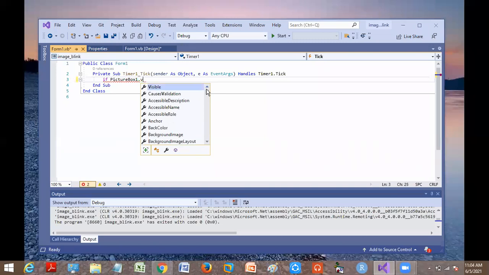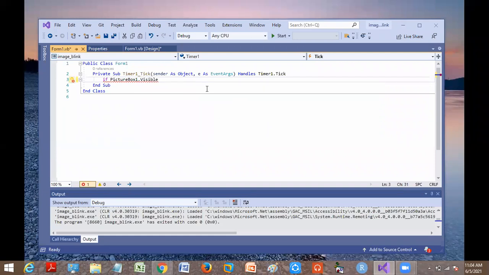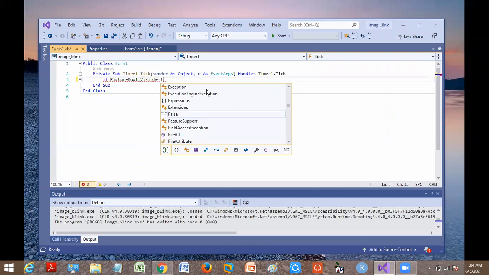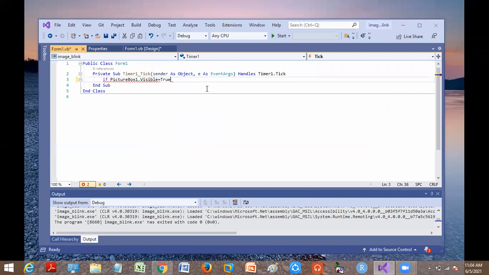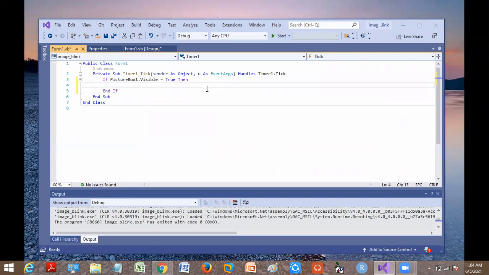Visible. So if the picture box 1 visible is equal to true, when the clock ticks for the first time, what should I make? Make it false.